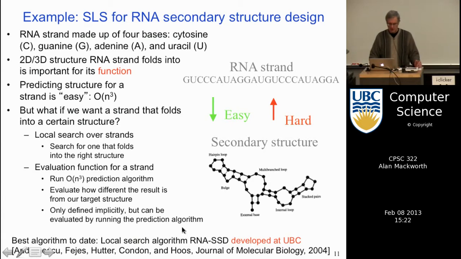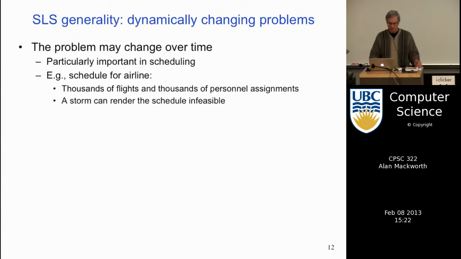It's the RNA SSD algorithm. So that shows this generality in one dimension. Another generality dimension is this idea of dynamically changing problems. As I said, you could imagine a schedule for an airline where you have thousands of flights and personnel, assignments,